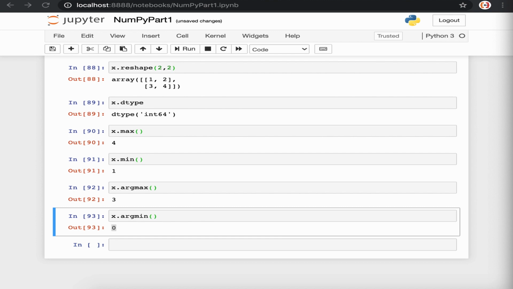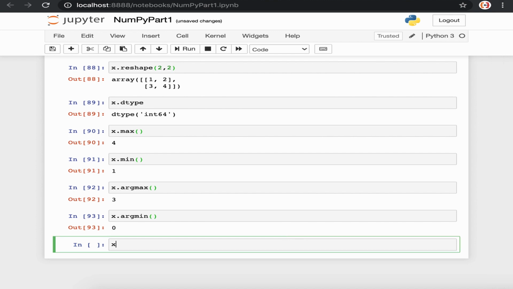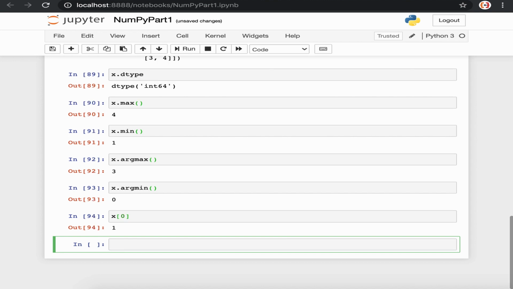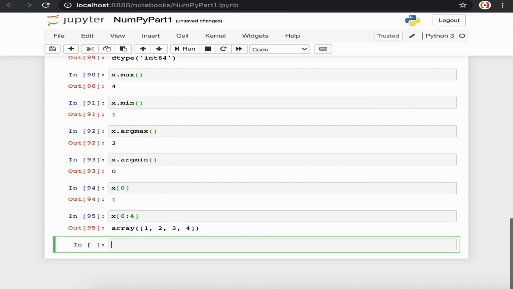We can access any element in a NumPy array. To do that, we can use the index position in square brackets, which is similar to Python. If I write this command x in square brackets at the index position 0 and run it, the result is 1. We can access a range of elements as well using the slice operation. If I want to get a range of elements in array x, we can use the command x in square brackets 0:4 and execute the command. We can get the first 4 elements in this array.